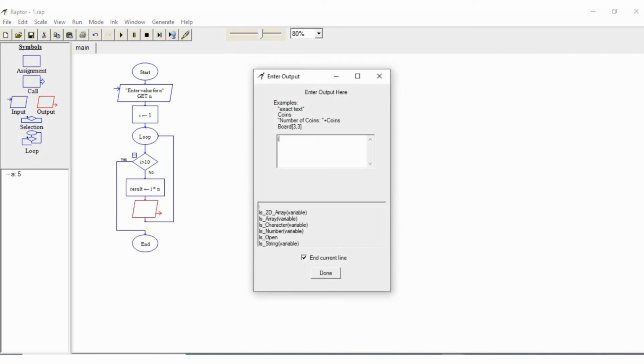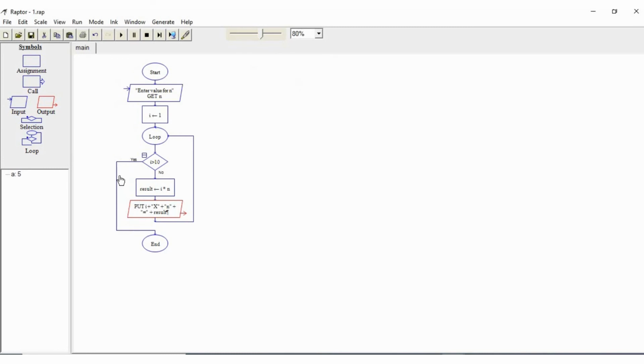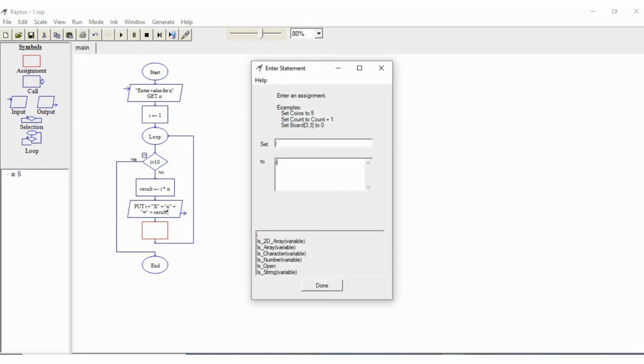So I, after that the symbol into, 1 into 5, which is nothing but the specified multiplication table number entered by the user. After that we can have the equal to symbol. After that we can have the result variable, right? After that we can increment the value of I, so that it keeps on looping, right, until the condition is false.